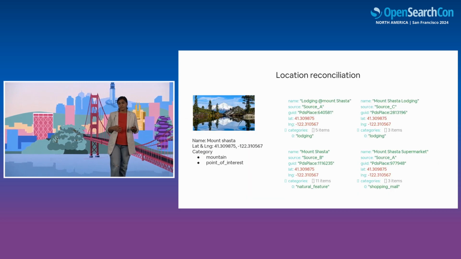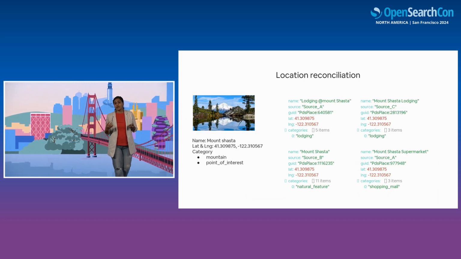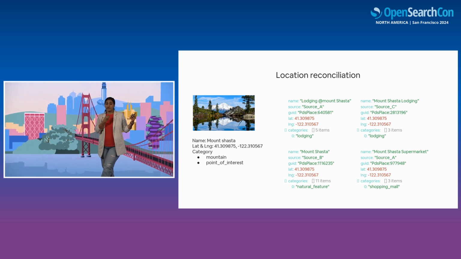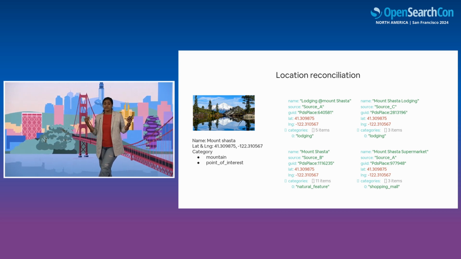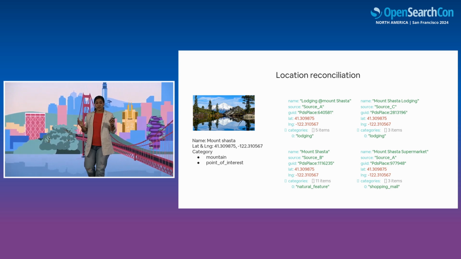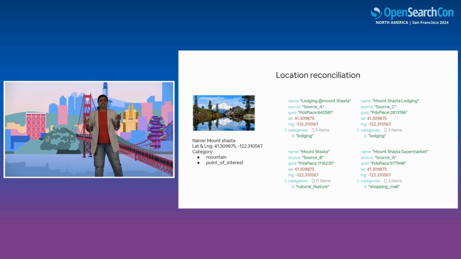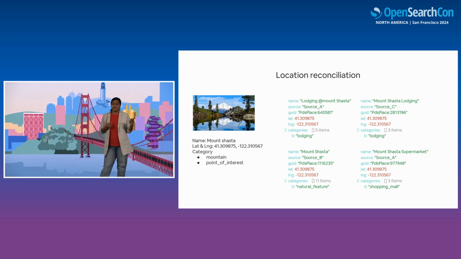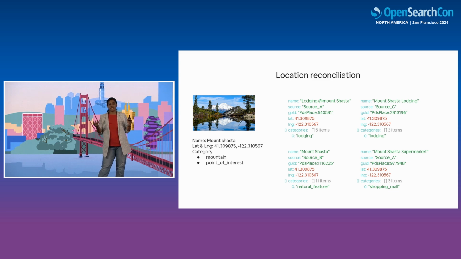Location reconciliation. As a travel company, our knowledge graph is rich with location information. We consolidate data from different sources and match them against the entities in our knowledge graph before enriching with new attributes. And as you noticed, it's not necessarily a trivial problem. Not all Mount Shasta locations mean the same thing. To solve this, we use location embeddings with geofilter to generate